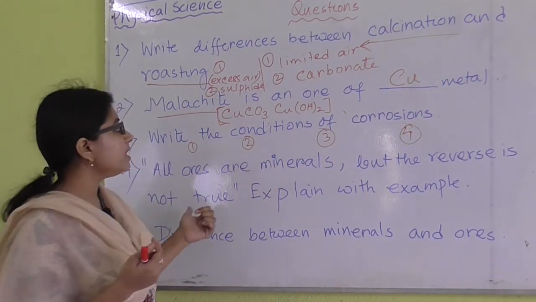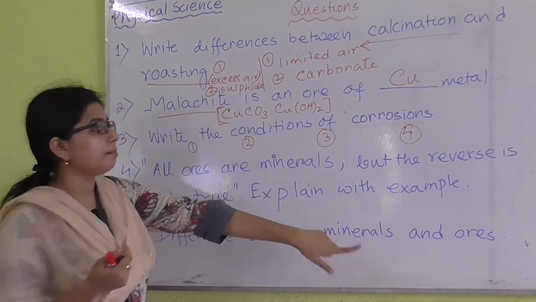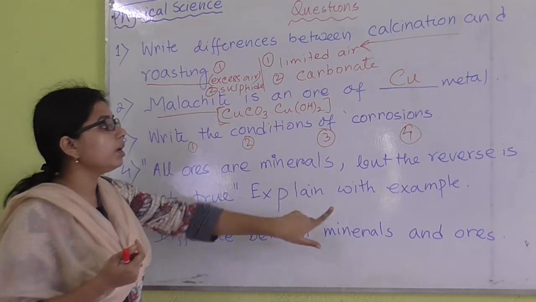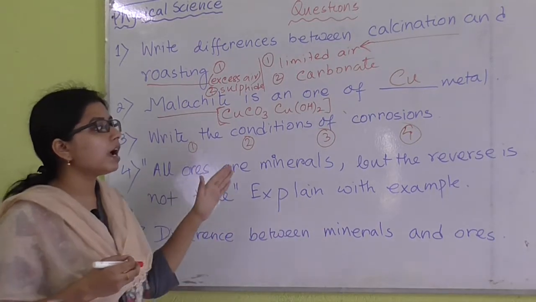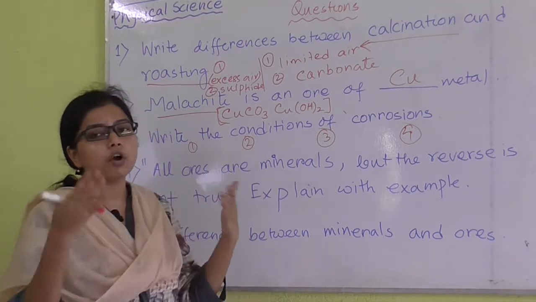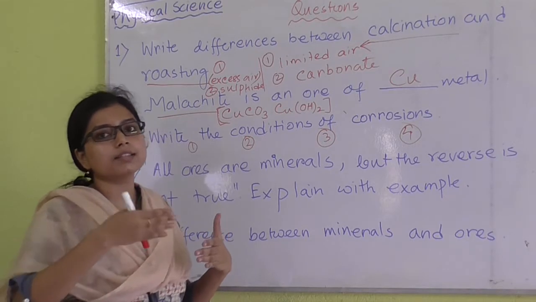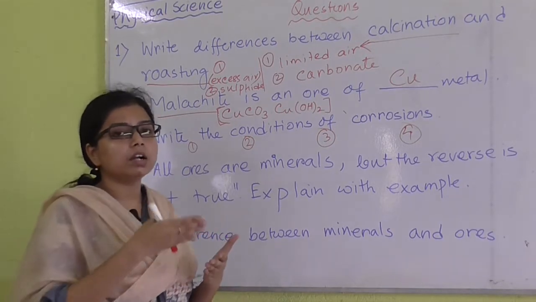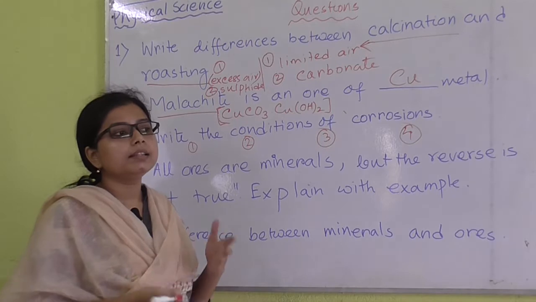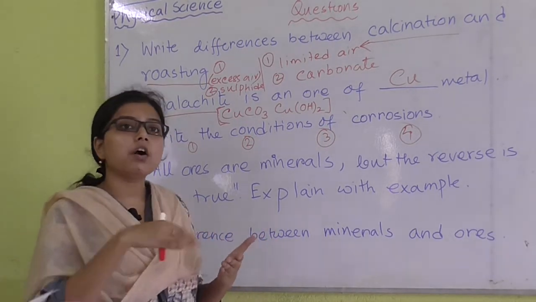Reverse is not true means all minerals are not the ores. Okay, explain with example. I also have explained this before. Actually, minerals are the natural things. Whatever we mine from below the earth's crust, that is mineral. If it contains any kind of metal, then we can consider it as the mineral of that